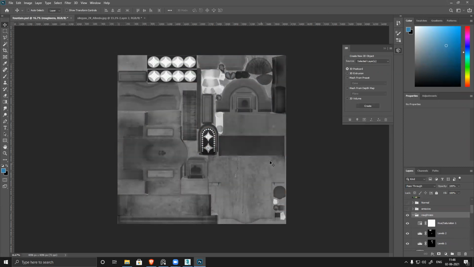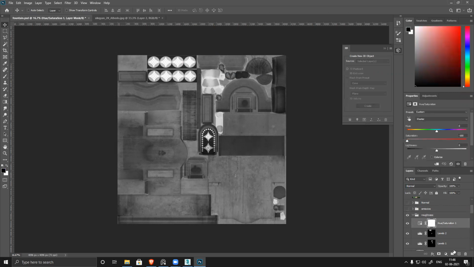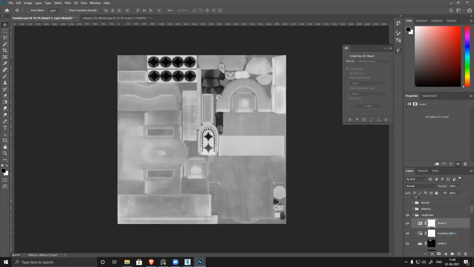This thing will make everything black and white. And second thing, I'll apply an invert. I invert this. White is matte, black is shiny. That's how we define everything nicely. So if I create this, let's try it out.